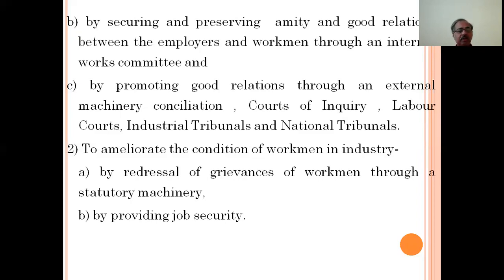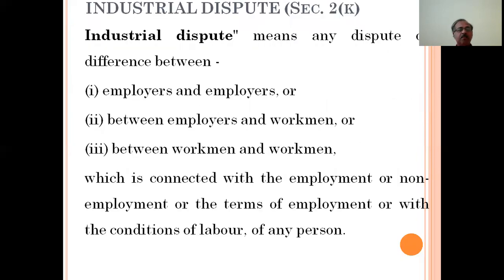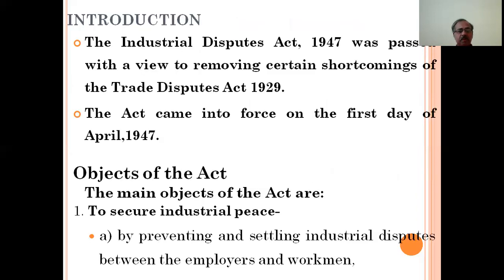to ameliorate the conditions of workmen in industry by redressal of grievances of workmen through a statutory machinery and by providing job opportunity. So the Industrial Disputes Act was passed by the central government in order to remove the shortcomings or limitations of the Trade Disputes Act